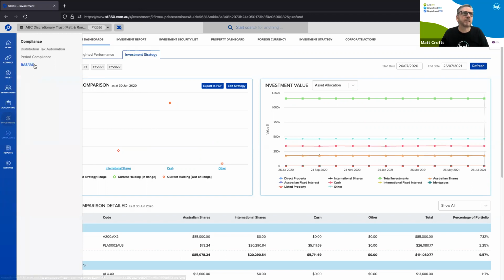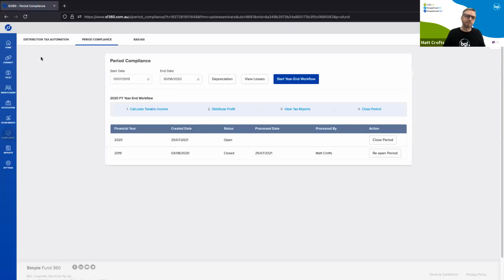The next thing I wanted to jump into, and I'm going back a long time here, Ron, but when I was an accountant, one of the things that blew my mind when I first saw Simple Fund Desktop was the year-end entry process. I was working as an accountant in South Melbourne and someone showed me a demo of early Simple Fund Desktop and the year-end entry process. It just blew my mind how much time it saved in calculating the tax and generating the tax return, or the annual return as it's now called.